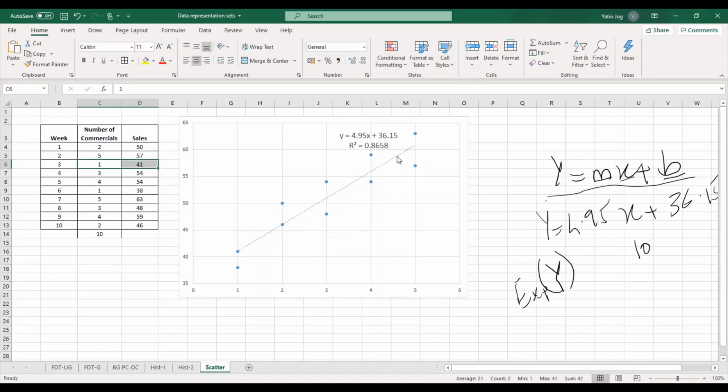This line represents expected value. So there is small deviation of each data point from the expected value. So if I consider this data point, this is a deviation value. This is second deviation. This is deviation. So we are talking about all the differences of the actual data points from the expected data points.